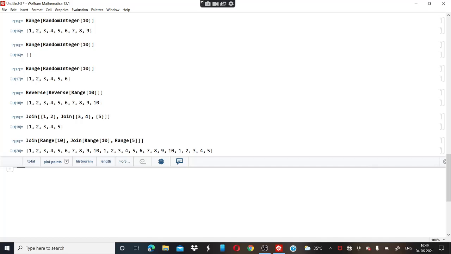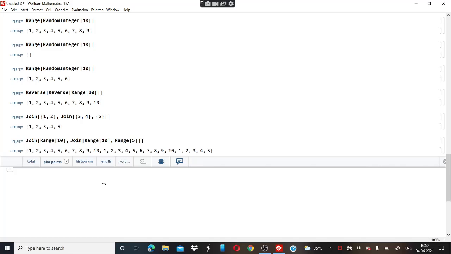So in this question you can see here it first joins this range that is from 1 to 10 and 1 to 5, then it again joins with the range of 1 to 10. So here you can see this 1 to 10 and this join from 1 to 10 and 1 to 5.